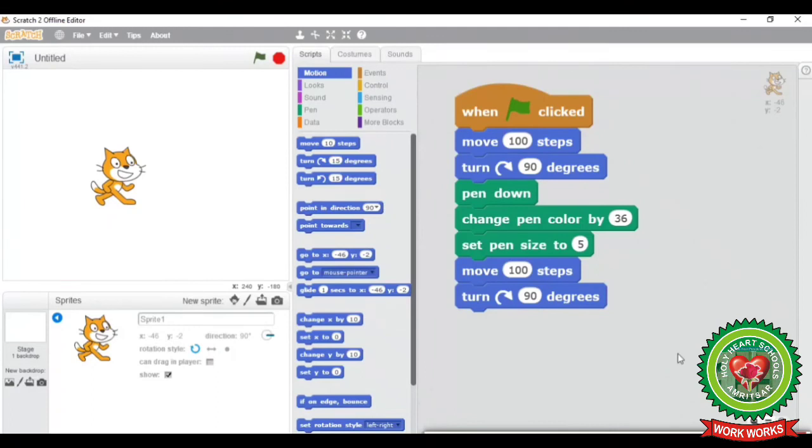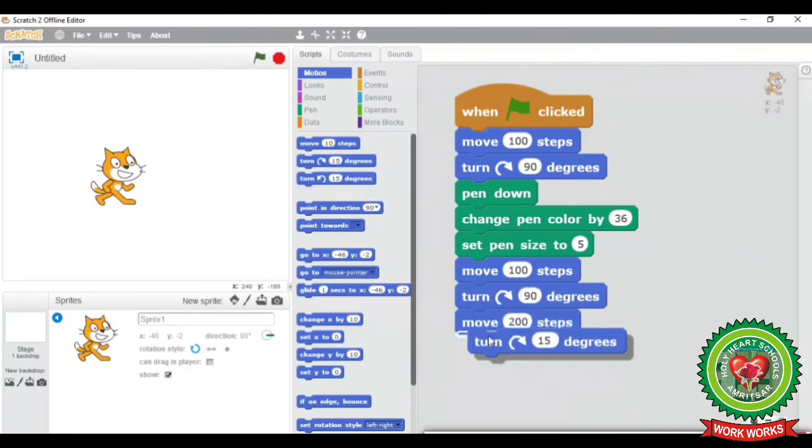Now here you will notice in your book the square shape is given, and inside the square shape there is a cutting of two lines. For that I will take another Move Steps block, and I will give here value 200. Now again I want my sprite to turn 90 degrees.